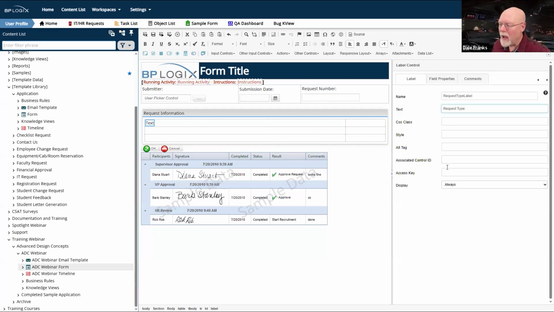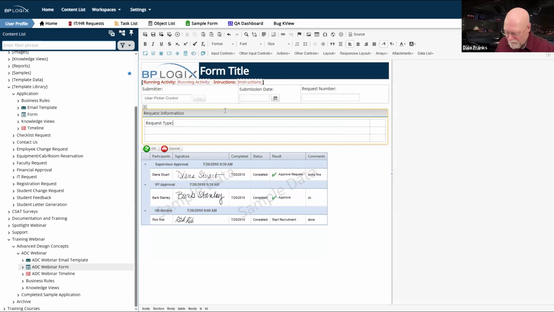And then we have to associate it with a control. Now, we haven't made the control yet, but I know what I'm going to call it because I called this field request type label. I'm going to call my actual data entry field request type. And so that is going to be the name of the control that I associate with this label.